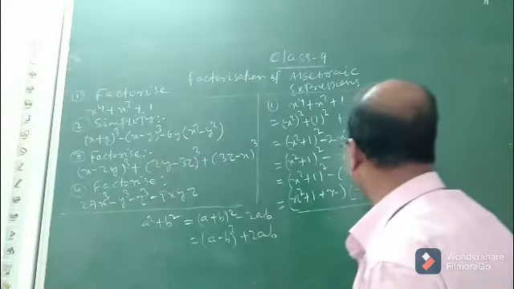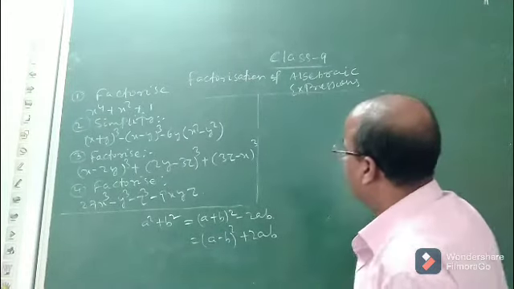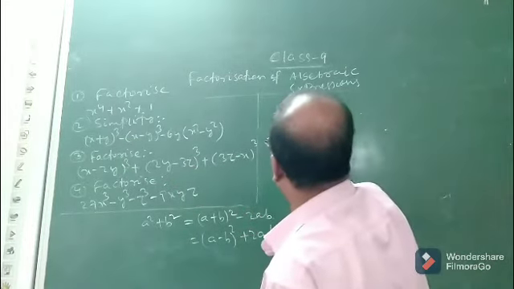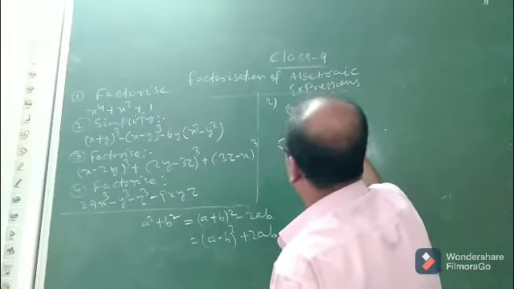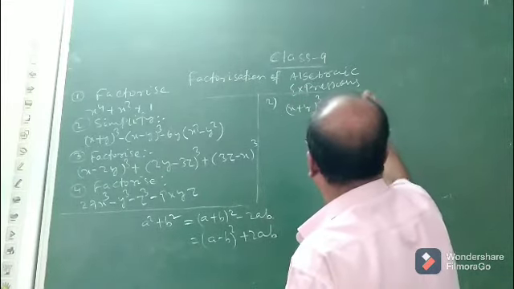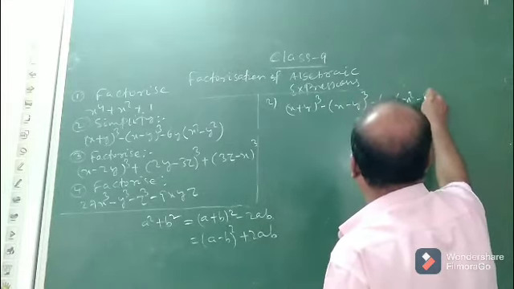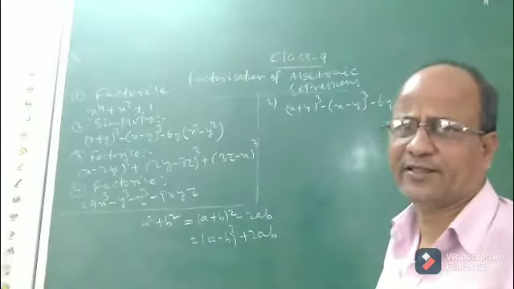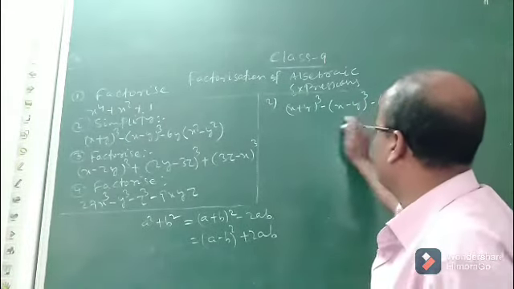Now let us consider the second one. You see, here an algebraic expression is given and you have to simplify. Number 2: x plus y whole cube minus x minus y whole cube minus 6y into x square minus y square. See, children, how to do this? How to simplify this? Again, if you look at this, it is not in the form of any identity.